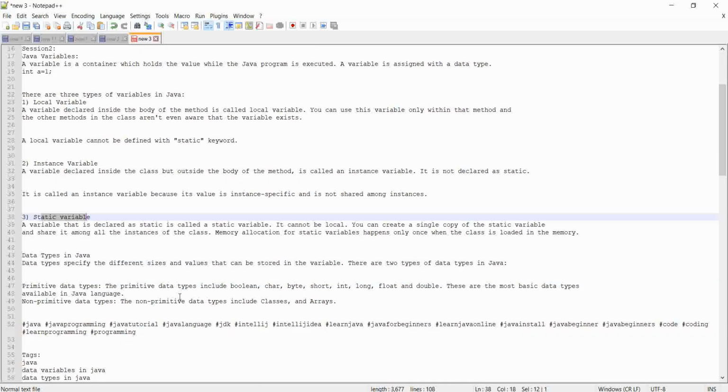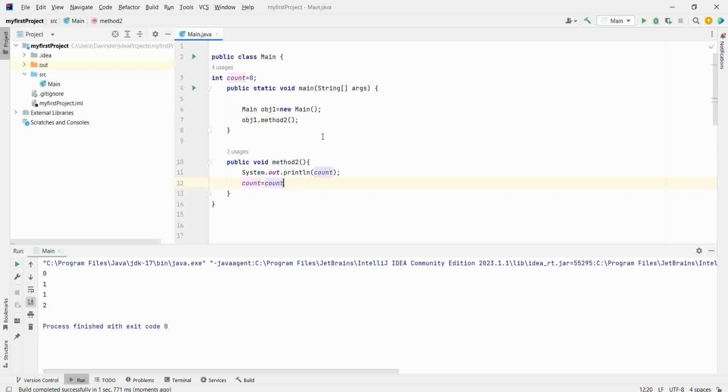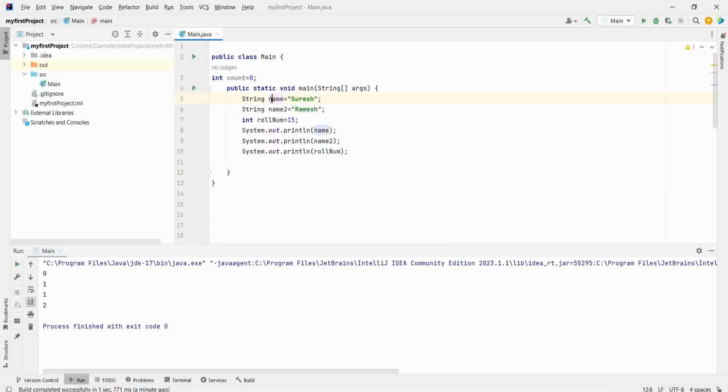Now, what are data types in Java? Data types are very simple. A data type is anything which defines the type of data you want to save. Like in this case, if I do Control Z, I have shown you here. You want to save a name, you will save it in string. In this case, string is a data type. If you want to save any digits, you will save it in int. Int is the data type.